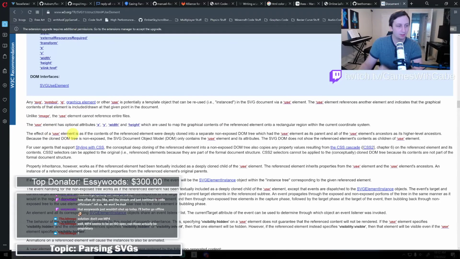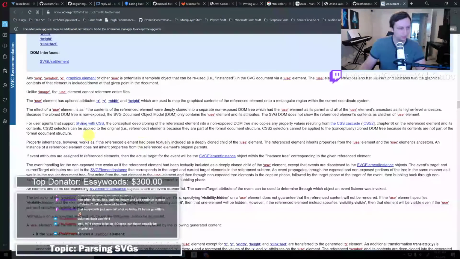The use element has optional attributes x, y, width, and height, which are used to map the graphical contents onto a rectangular region. The effect of a use is as if the contents of the referenced elements were deeply cloned into a separate DOM tree which had the use-level ancestors. Because the cloned DOM tree is not exposed, the DOM does not show the reference.